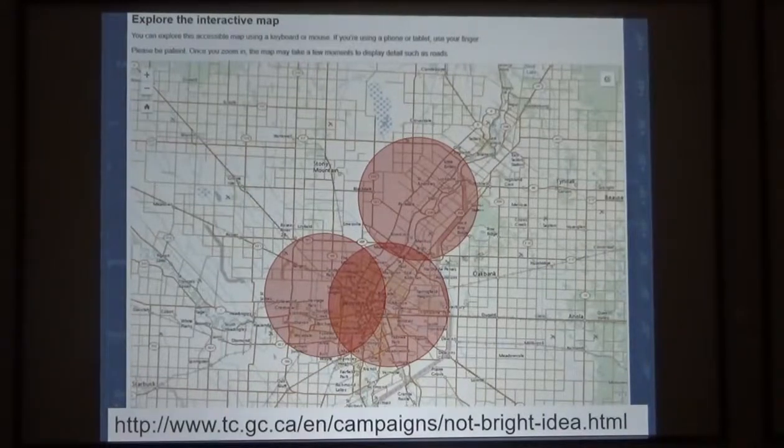This also includes the Brandon Airport, the Gimli one further north, that sort of thing. In particular, if you're traveling, you can pull up this map and just have a look and make sure that you're cool. So that was my little